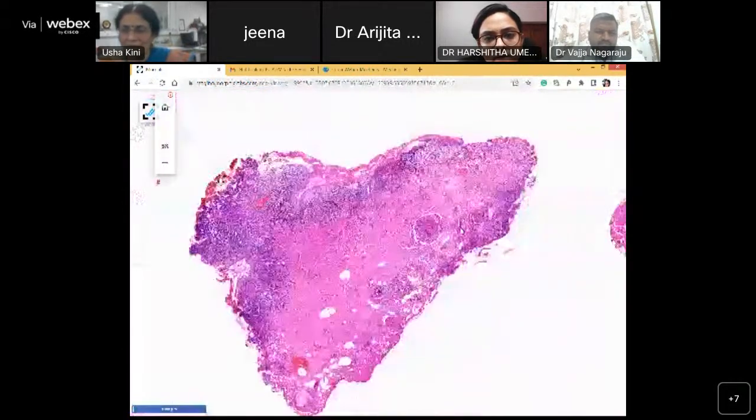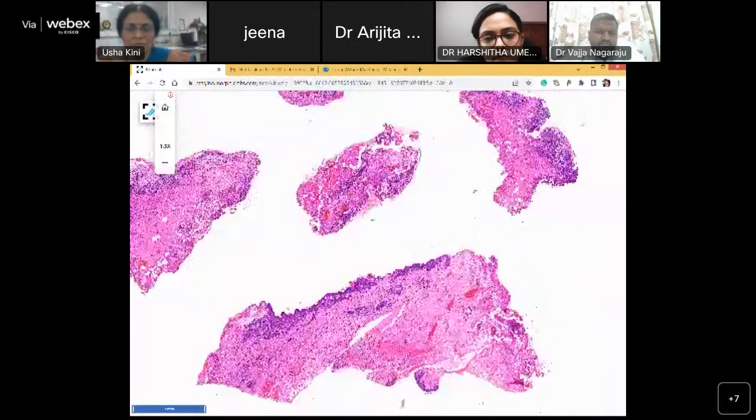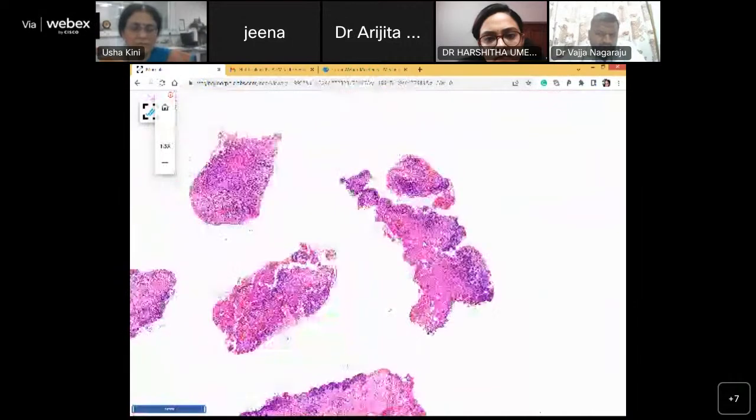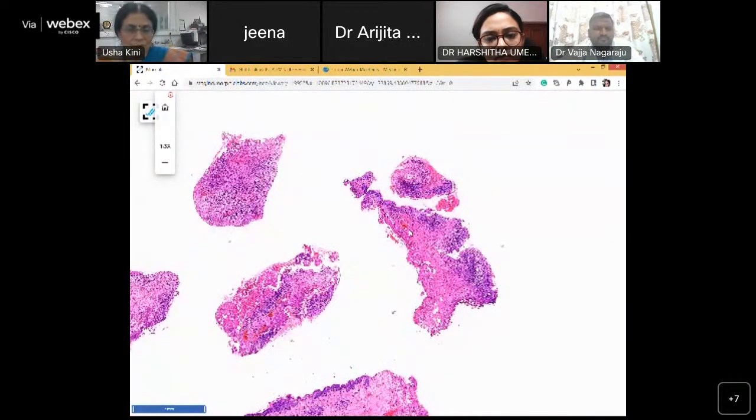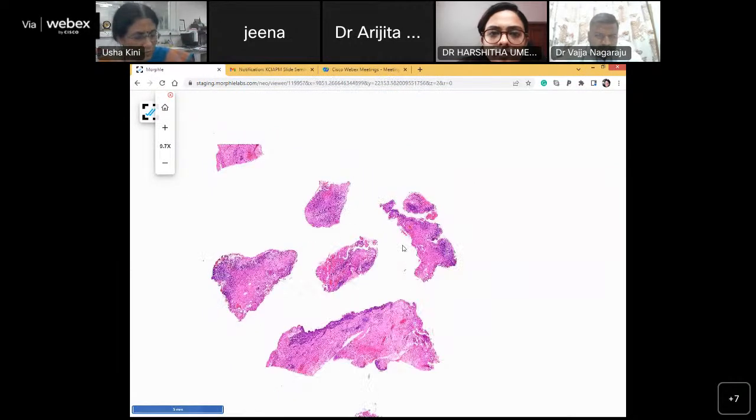Any other finding other than these? So we have perianal tissue, which is said to be from an abscess. What more history do you want, Harshita? Ma'am, to rule out tuberculosis. Okay, I would say yes. How would you want to rule out tuberculosis in this 18-year-old girl? Evening rise of temperature, history of contact with tuberculosis. There is none. Anything else? Go for the gender.